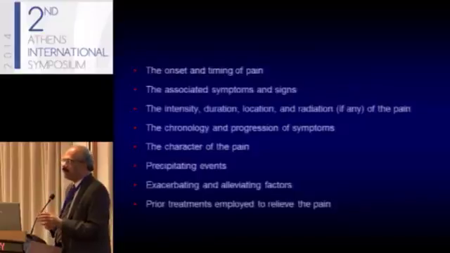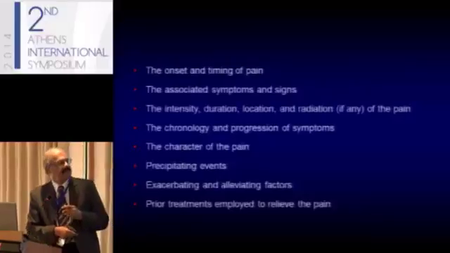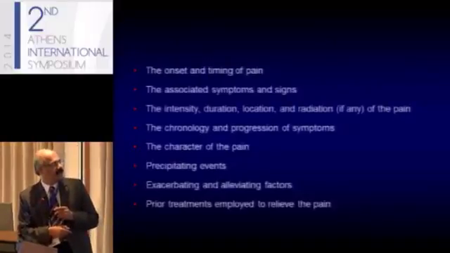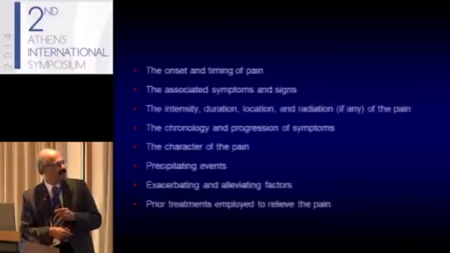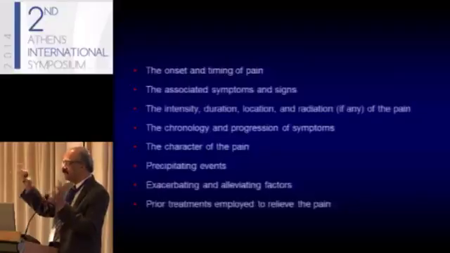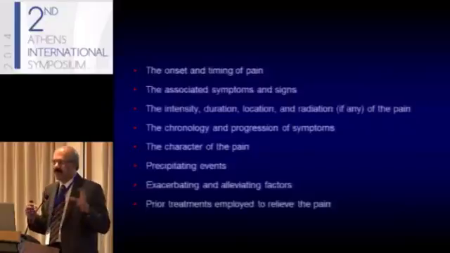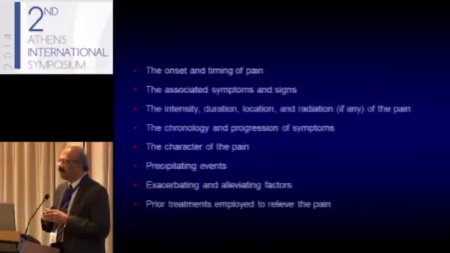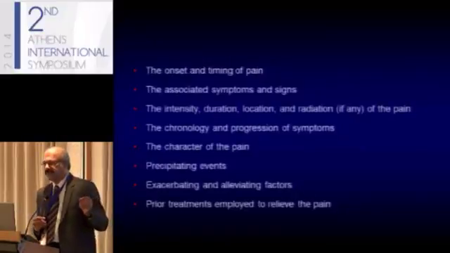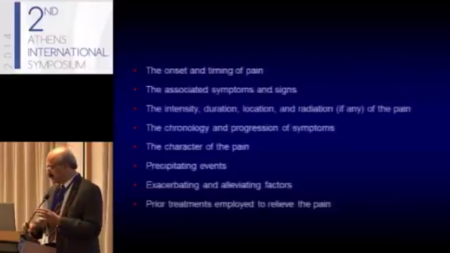So therefore, when you're looking at patients coming with abdominal pain, acute, chronic or intermittent, it's often important to look at these various parameters to come to a diagnosis. For example, what is the onset and timing of pain, associated symptoms, intensity, duration, location and radiation, and most important, the chronology. I told you the four chronologies we look at. One of these four chronologies can fit into all the pains, and very, very often the character, precipitating events. So looking at these parameters clinically, in about 90% of the patients, one can often come to a diagnosis of what is the cause of pain. Very few investigations are required, like an ultrasound or sometimes a CT scan, to confirm your diagnosis so that these patients can be effectively treated.